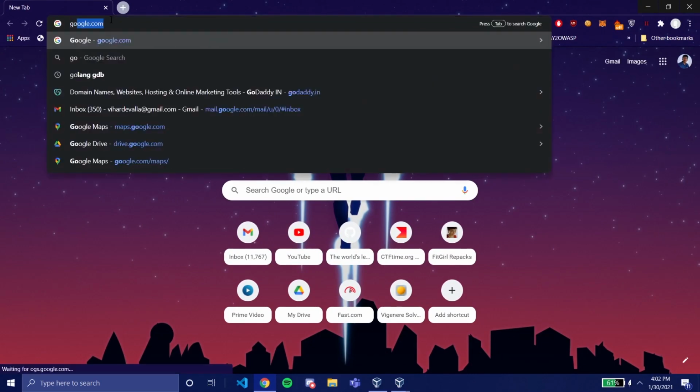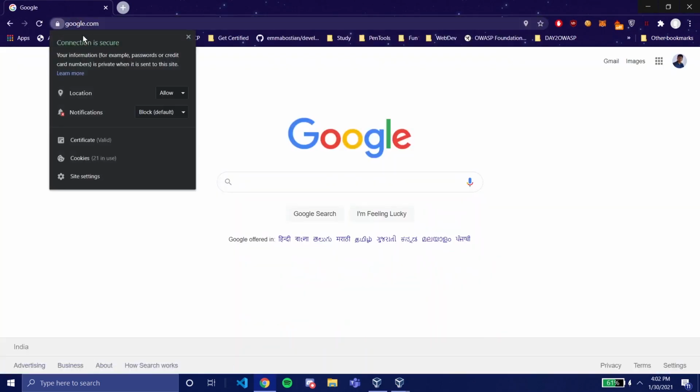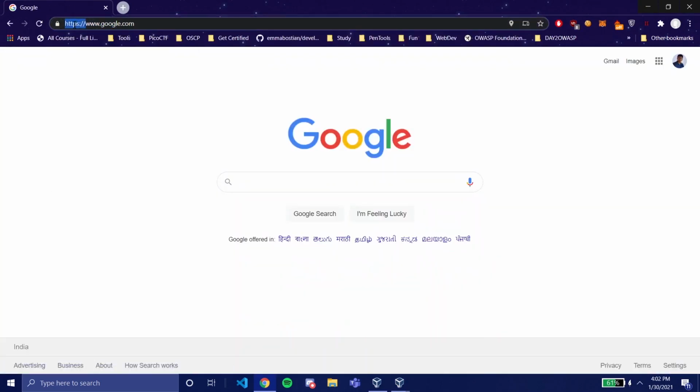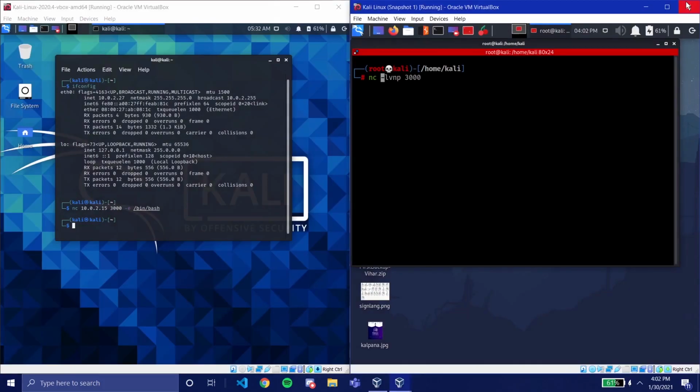When you go to google.com, it's using HTTPS, the secure HTTP protocol, where you can't see what data is being sent. It's encrypted. We'll talk about what kind of encryption they're using in later sessions. But let's start with netcat.